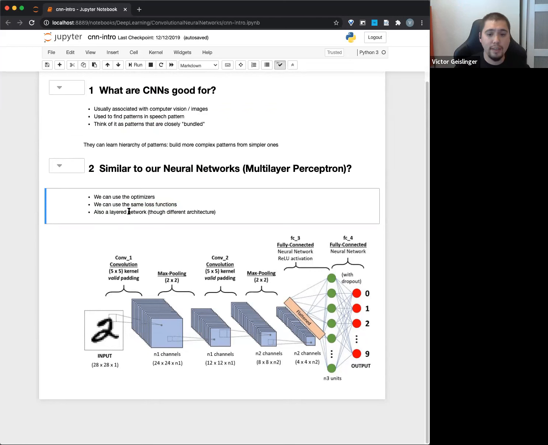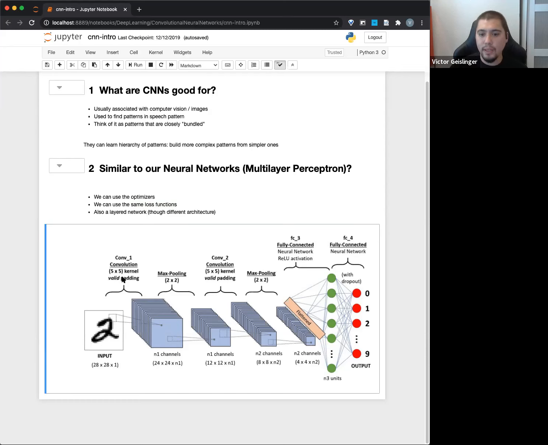And then we can have a layered network, just different architectures and stuff like this. So we can build a convolution neural network pretty much like we would a neural network itself, just adding these extra layers. We'll talk briefly about convolution layers, which are essentially just trying to find these patterns. Then we'll talk about max pooling, which is really just kind of like averaging things around. Typically in a CNN you see a convolution, some kind of pooling layer, and then another convolution and pooling layer. We'll talk about this a little bit more.